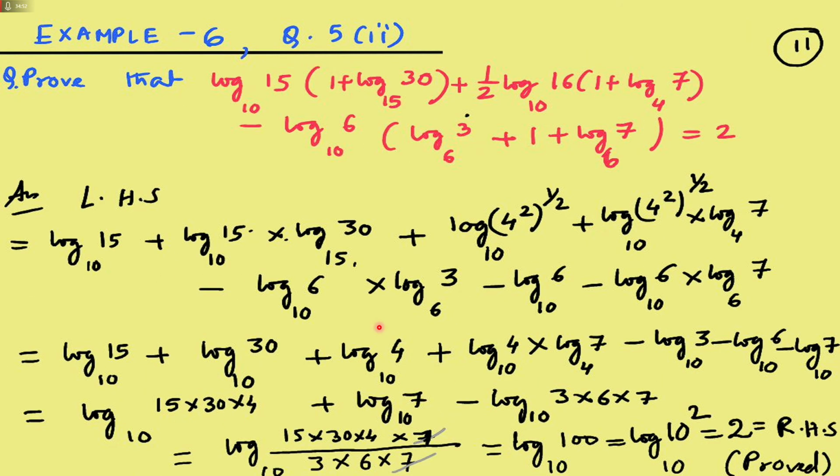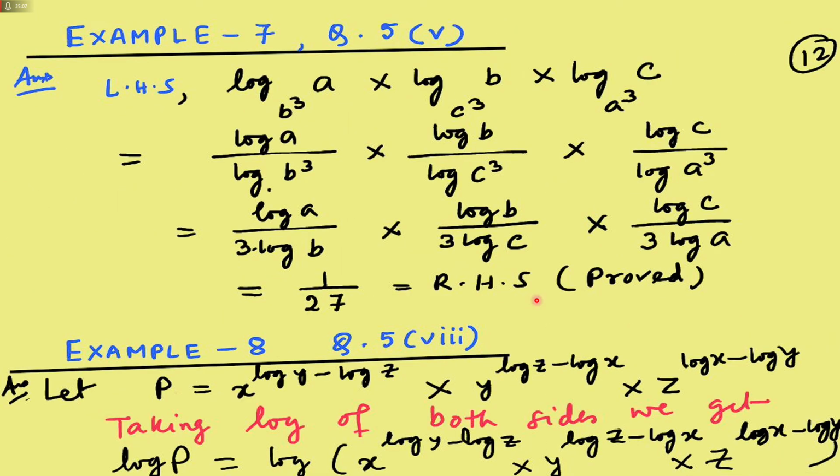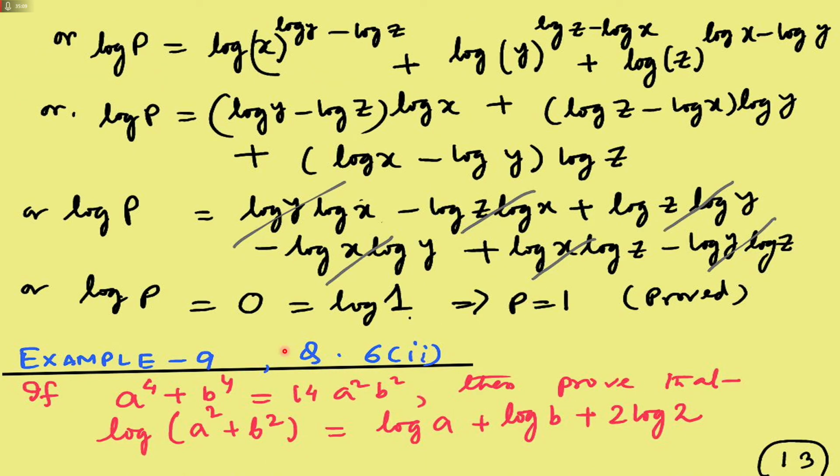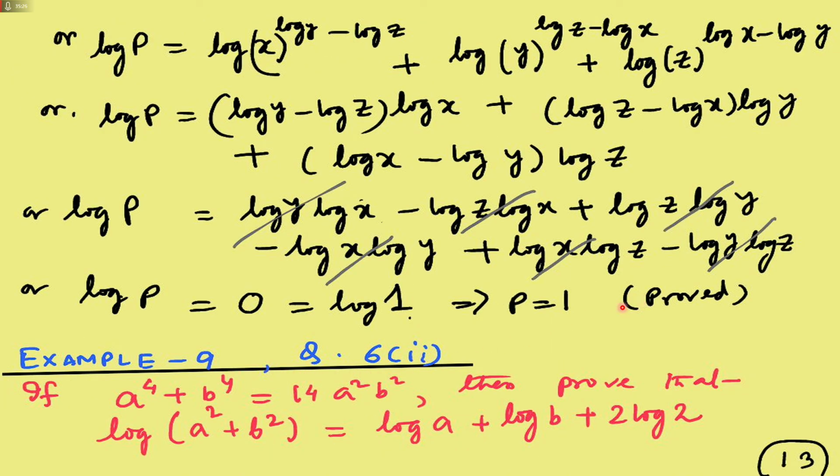Here I am using this relation or this formula of log. That means if log m base a equals log n base a, then it will only be happening when m is equal to n. So I am using this relation here. This is base 10. So if log m equals log n, then it will imply m equals n, that is mp equals 1. And here this is your p, so its value is nothing but 1, and hence proved.